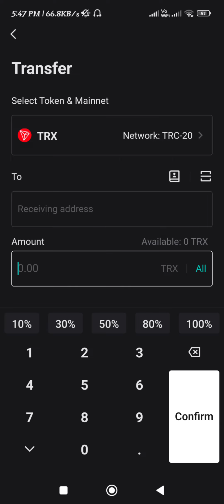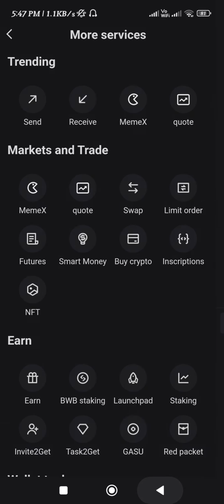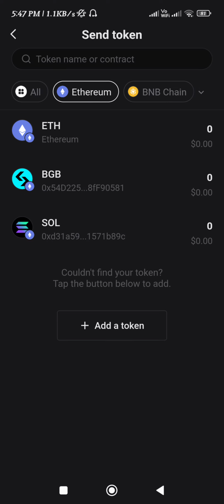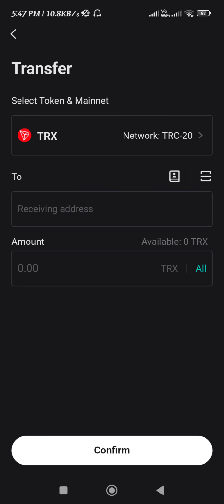After that, you just have to enter the amount of crypto that you want to transfer from here, and after filling these details, you just have to simply tap on the confirm button that would be in the bottom, and now your transaction will be initiated, and once it is completed, you will get your crypto from the Bitget wallet